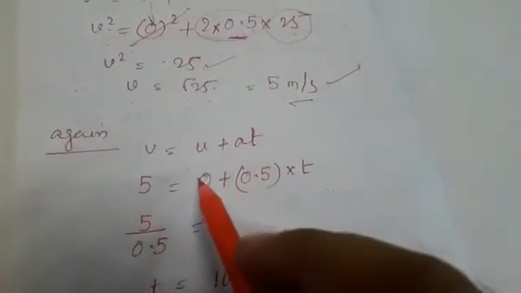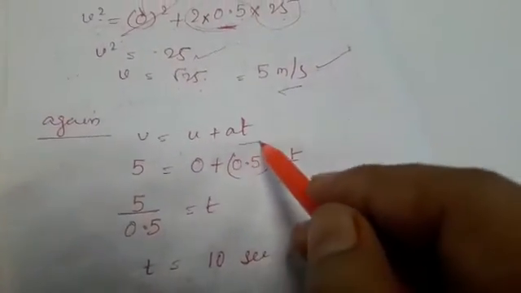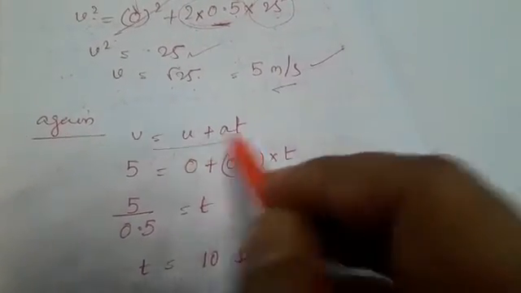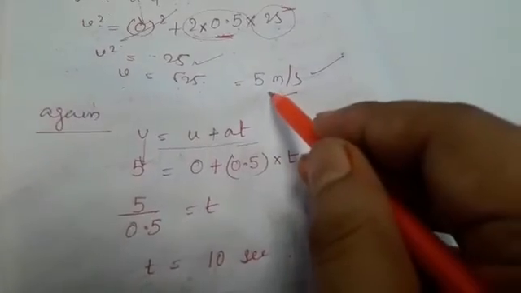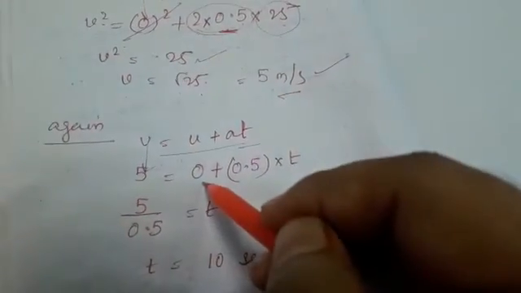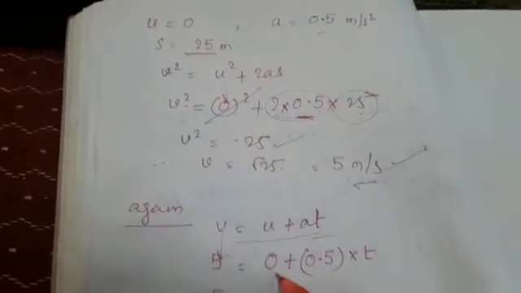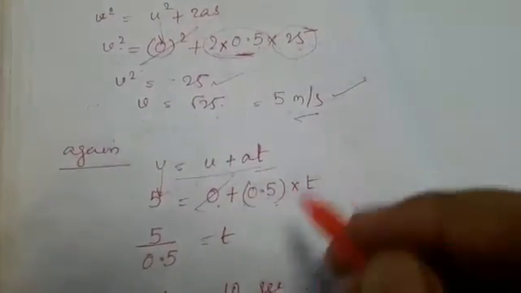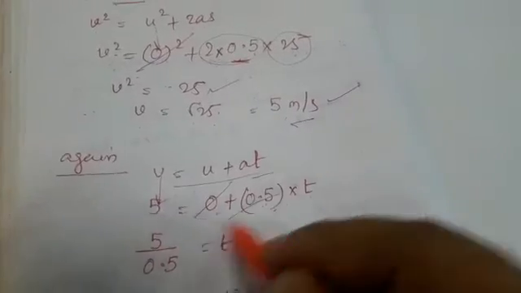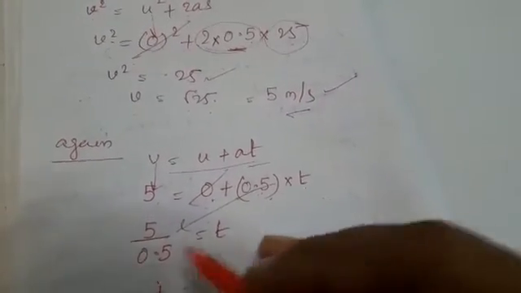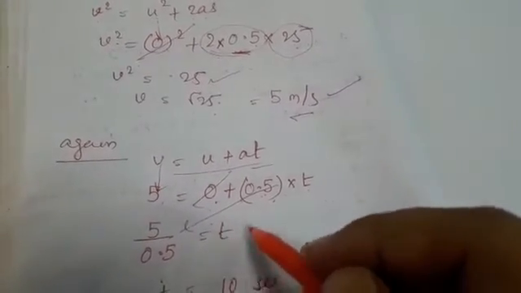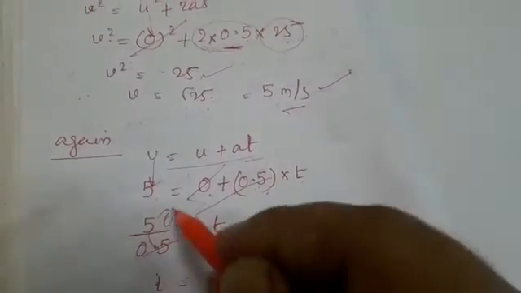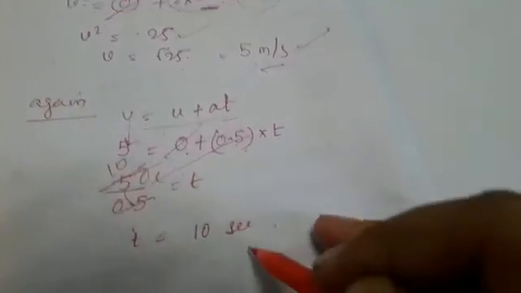Next again we have to calculate the time. So use this formula, v equal to u plus at. This is the basic formula. So we have already calculated v as 5, put u is 0, given in the question only, plus a, that is 0.5 into t. Fine. So this term has no meaning. So 5, you bring this 0.5 down, will give you the required t. So you put 10 here, this point will go, you cancel, you will get 10 seconds as the required answer.